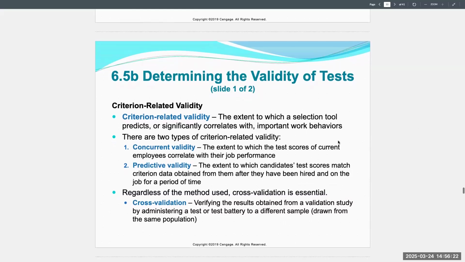Now, moving on to one of the most critical aspects of testing, which is validity. Validity refers to how well a test measures what it claims to measure. So in HR, that means how accurately a test predicts job performance. The first type,